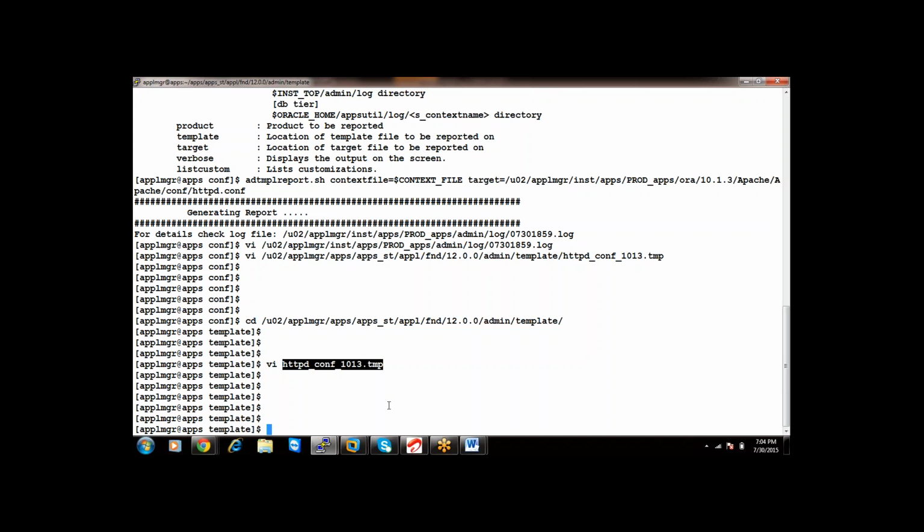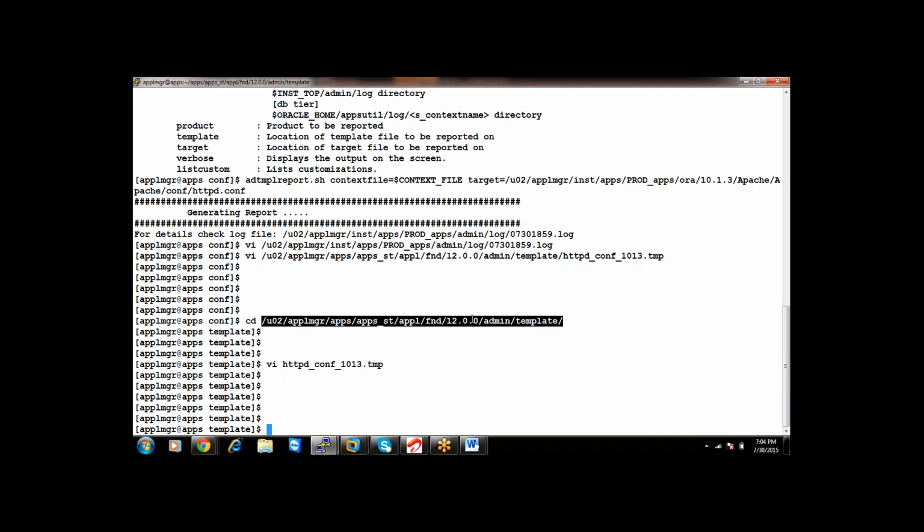Yes, taking a backup is important. So in your Oracle Applications, to customize the environment, there is one more solution provided. Most, 90% of the template files reside either in FND_TOP/admin/template or AD_TOP/admin/template.